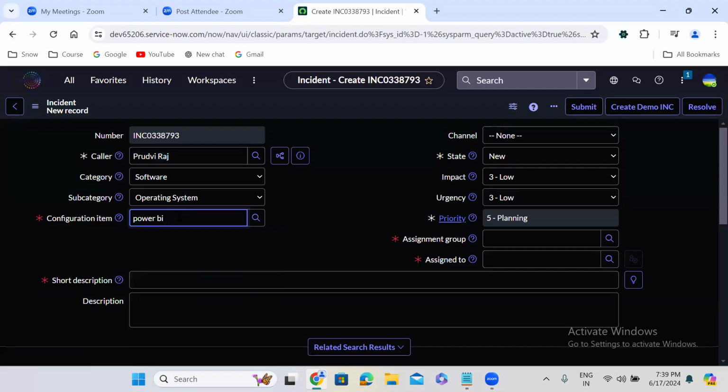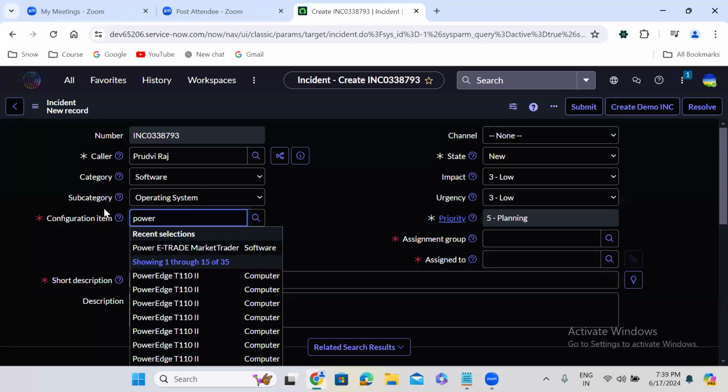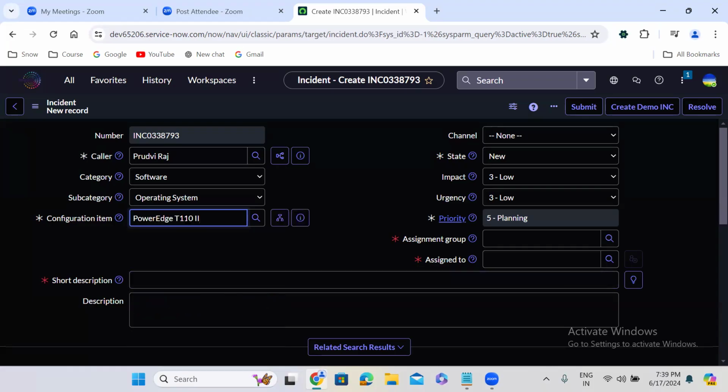Power BI software. So here configuration item means application software. Which application software is not working for you? In the configuration item, you will have to select that application software on which you are facing the service issue. So then what you will do? You will mention here,